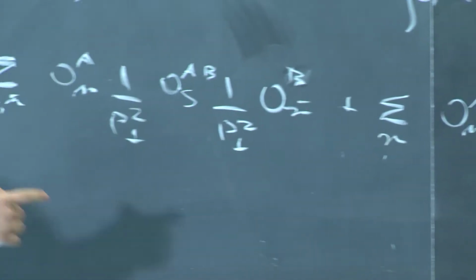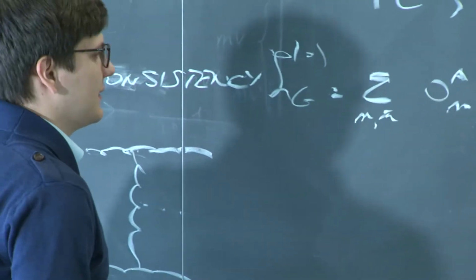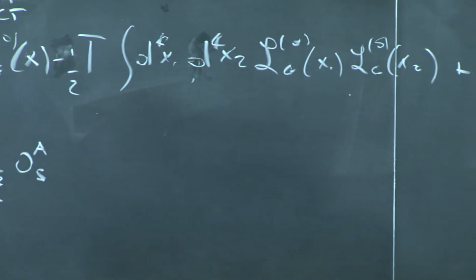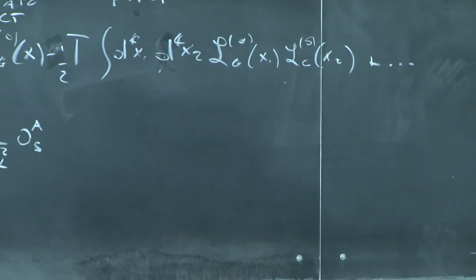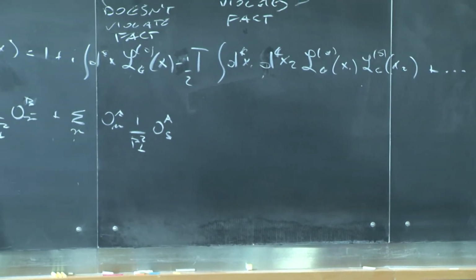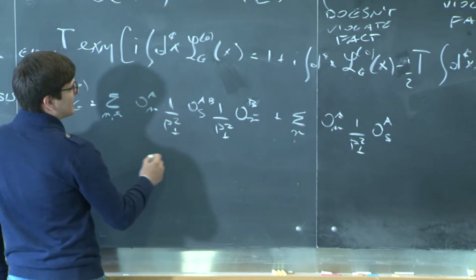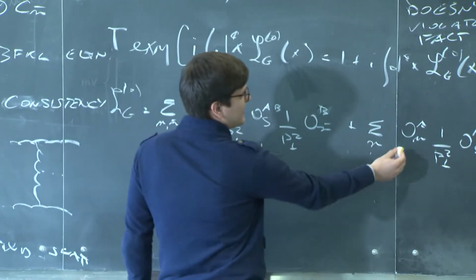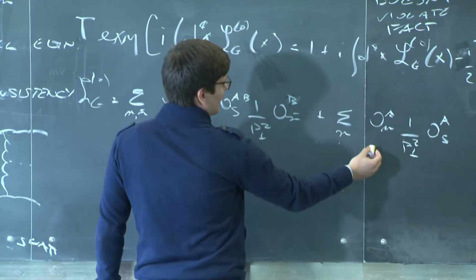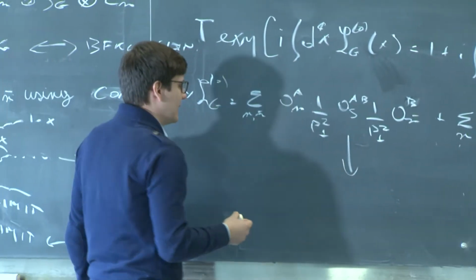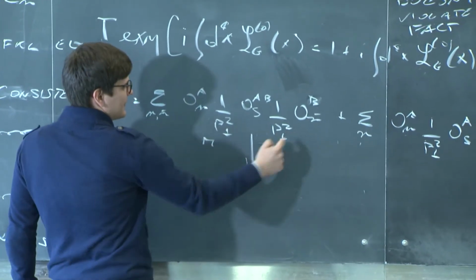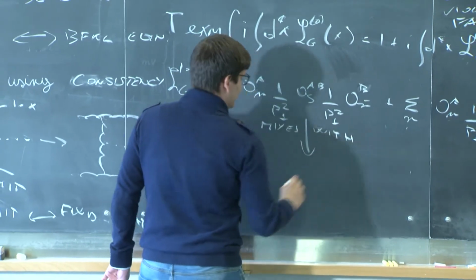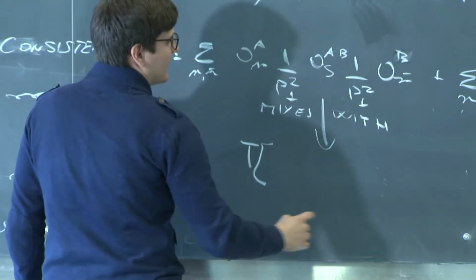And now with this structure, we try to start thinking about, okay, can we actually drop higher insertions? And the answer is no, because for example, we can see that the quantum numbers of these operators are in principle the same as the T product of two of these ones with one n and n bar. So in general, we can expect, and actually this is the case, that this three rapidity sector operator mixes with a T product of two of these guys.